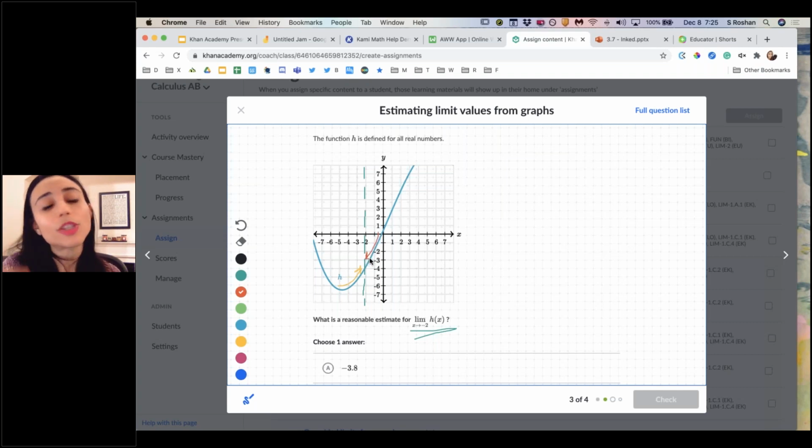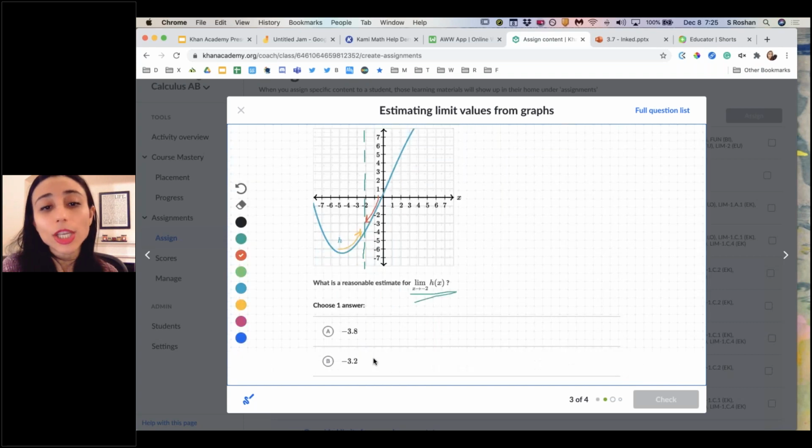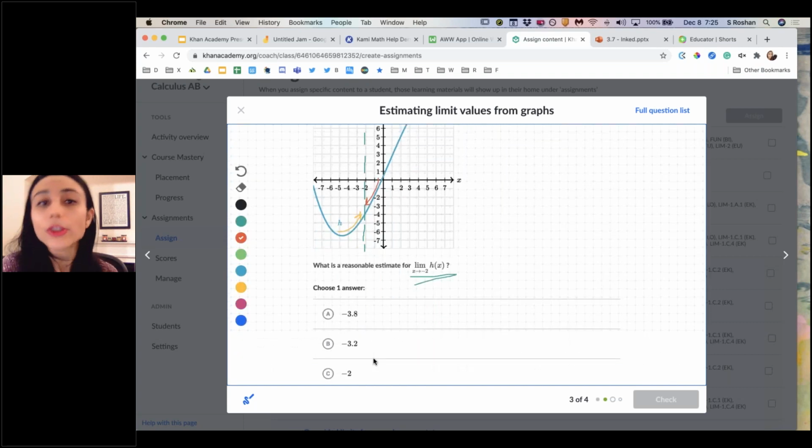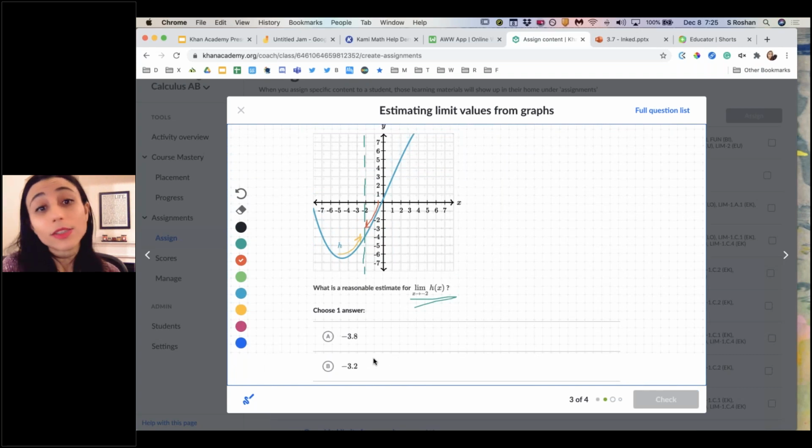And so we can discuss it. I think that just makes for a really nice little discussion, and then we can choose the answer together. So this could be used for class instruction, or maybe you assign something and students got something wrong. You could pull this up, or you could have them pull it up on their screen share and ask them to use these tools to try and explain what they were thinking, so that you can work through it and coach them together. So that's a really nice little tool in case you haven't used it before.